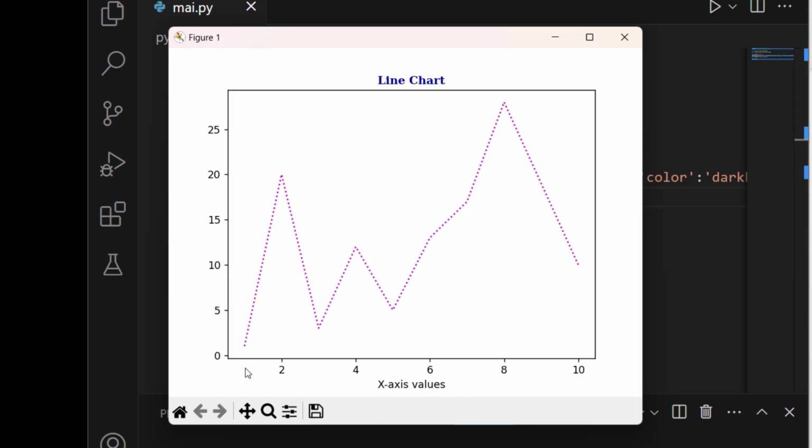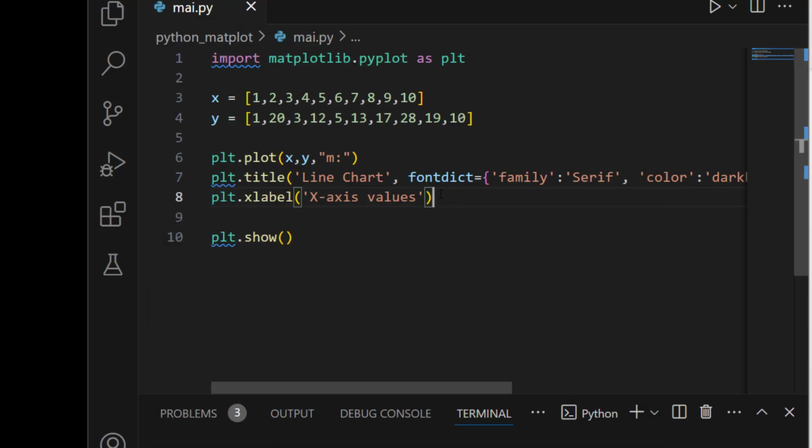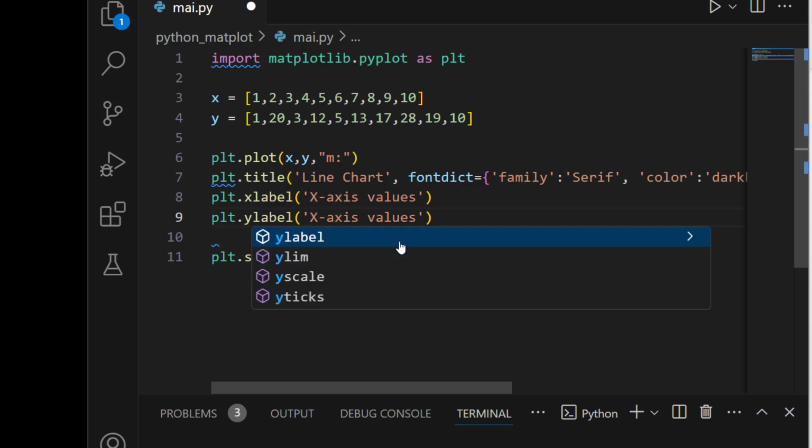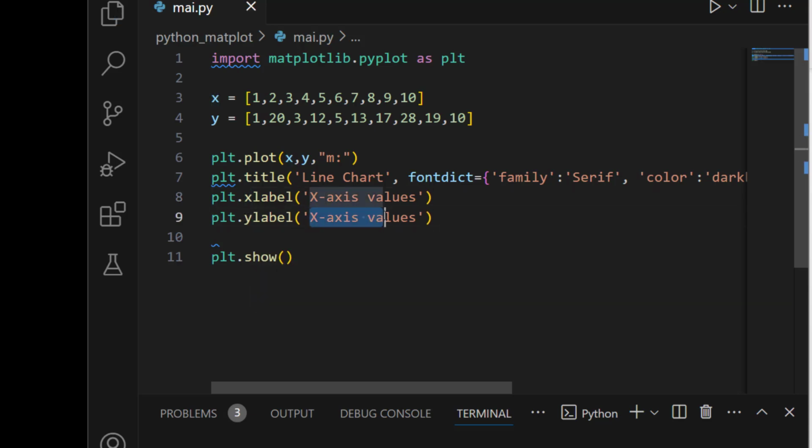For example, if you have a lot of countries down here, you can say countries name or country, something, depending on you. Apart from that, I can give the same for the y, the y label. So I just need to change it, give y, and here also you can give anything that you want. I just put y-axis values. Save.